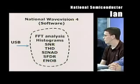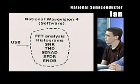Ian, what he had to do was take the data from the analog in, get the digital data out of the ADC, and feed it to the computer for analysis through a USB. Effective number of bits is actually derived from SINAD, which is the signal-to-noise ratio and distortion performance of the converter. Different forms of distortion give you different appearances in that spectrum. If you have nonlinear distortion in the amplifier, it would show up as second, third harmonics in that picture. If you had random clock jitter in the sampling clock, it shows up as white noise, or some kind of noise, that's been added to the signal. So that would raise generally the noise floor underneath the spectrum of the signal,